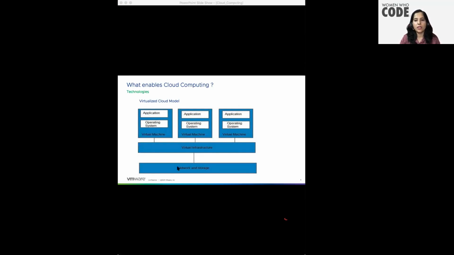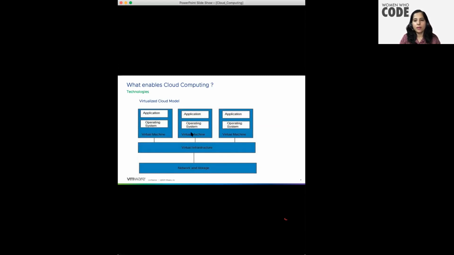As in this diagram you're seeing, there is one physical layer. Over that, there is a virtual infrastructure. So there will be a virtualization layer in the middle, which abstracts the hardware and makes it a virtual infrastructure. And over that, we can see that multiple VMs are running. So virtualization is the technology which makes it happen, where multiple operating systems can run on the single physical hardware. It gives you the logical boundary. We'll see that in more detail when we see how virtualization works and why we need virtualization. So this is a virtualized cloud model.